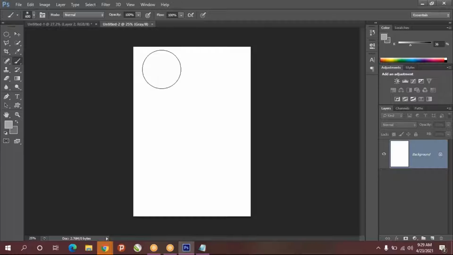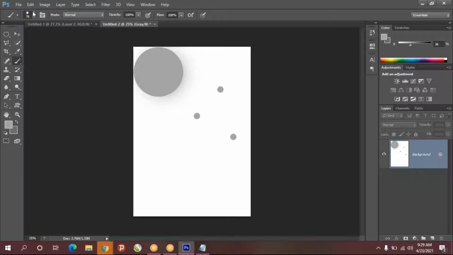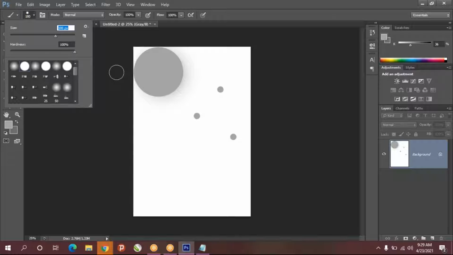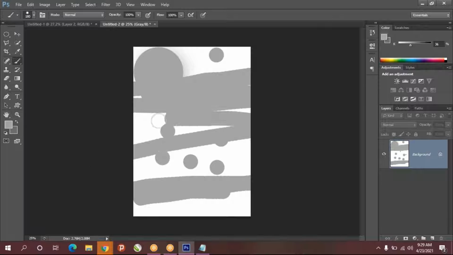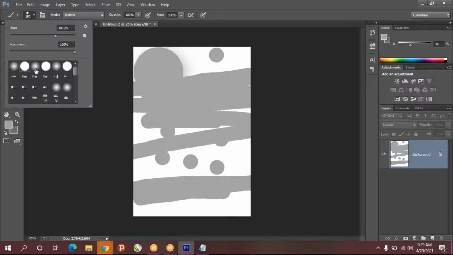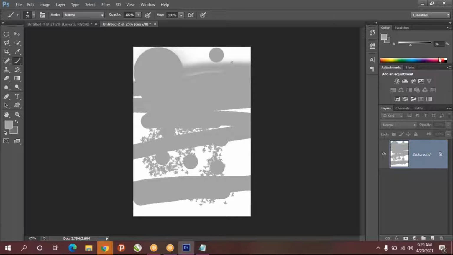I have taken a new layer. The brush size is this much, and you can see it has hard edges. The brush size is too much, so if you want to reduce it, you can reduce it from here. If you want to increase, you can increase from there. You can paint, just one click also you can do. And we have a lot of brushes, soft brush, some grass, leaves. Lots of brushes we have, and you can change the brush color as you like.